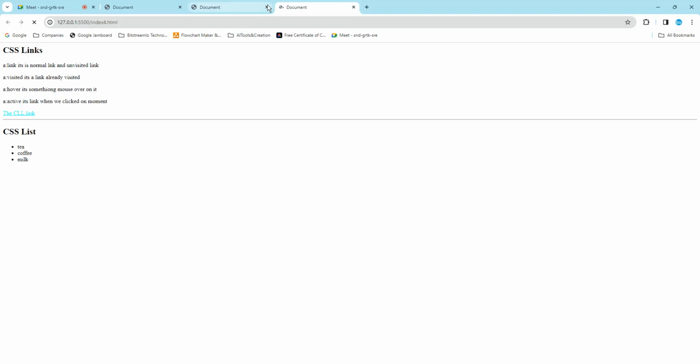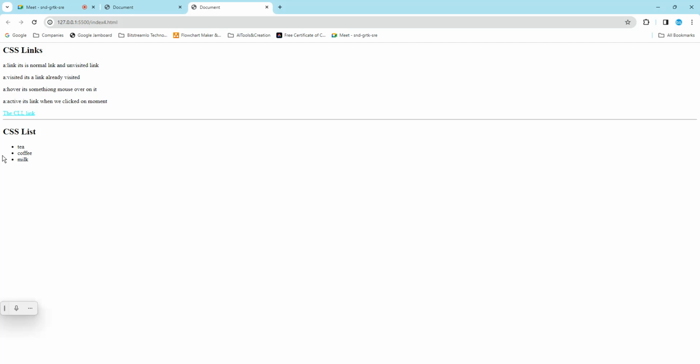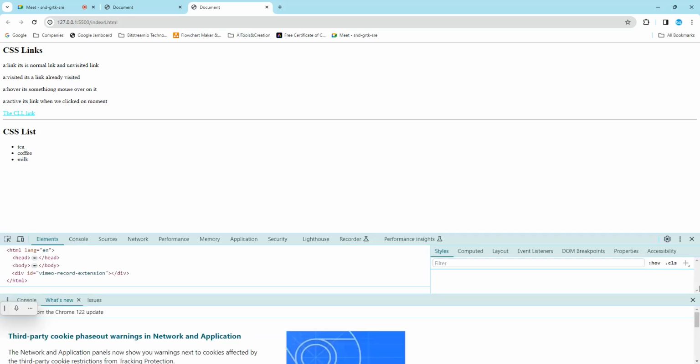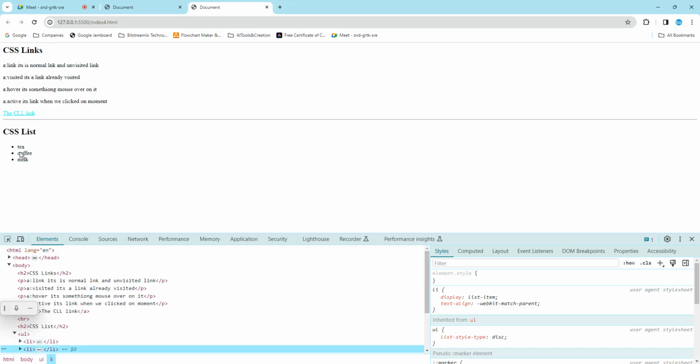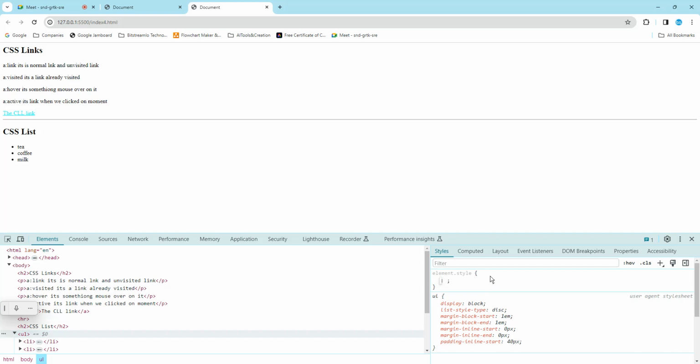Okay, so what is the difference here? In HTML also we have studied, then what we are going to write here. So I will just show you how to write CSS for this one. I will right click, inspect, close this one. Just for the UL I need to write. So UL open close brace,